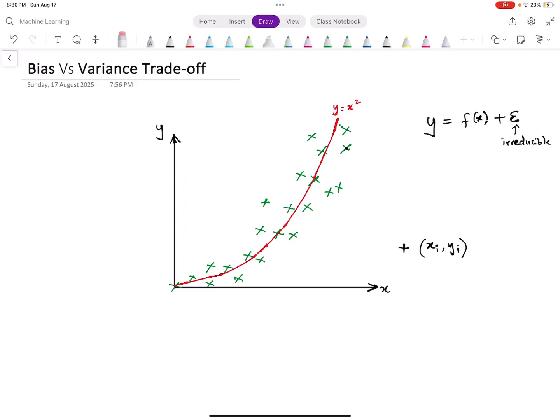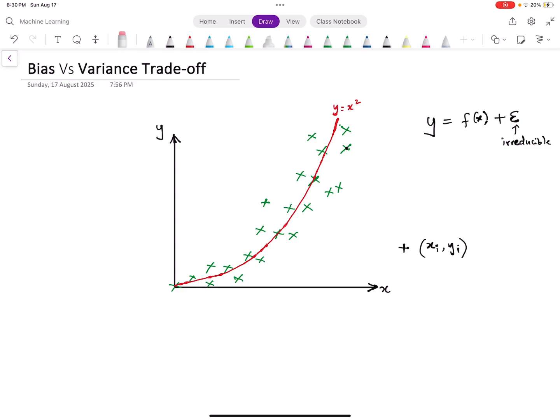That is, this data was generated from a quadratic function y is equal to x square. But normally the designer doesn't have access to the ground truth. So in trying to fit the set of examples, which is shown with the green pluses, the modeler tries to fit data,